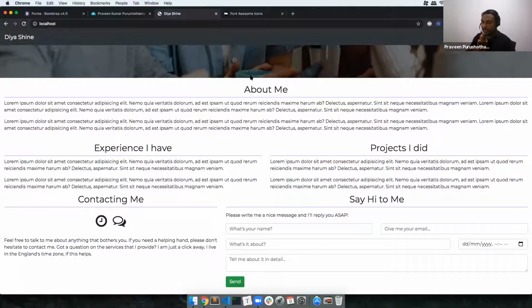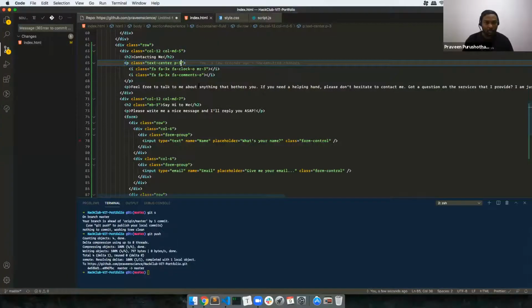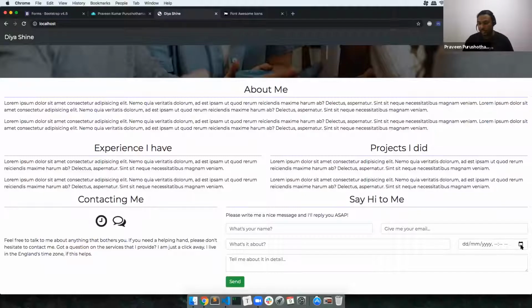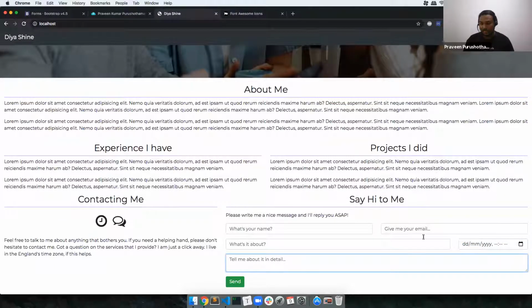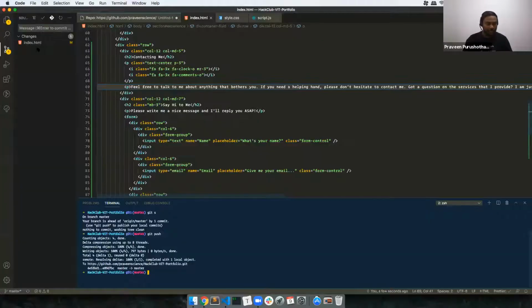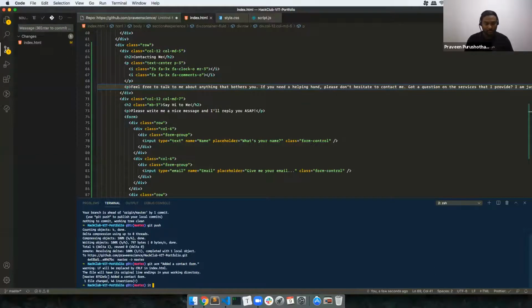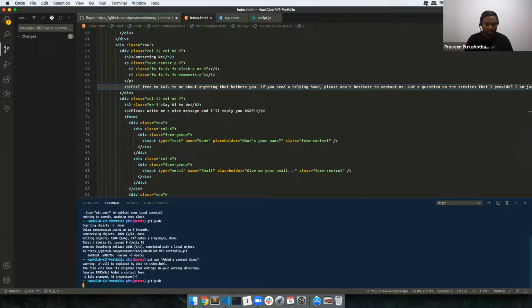Any questions? This is understandable, right? And as you expected, there is also this schedule appointment thing, and what time you want to talk. But unfortunately, it doesn't show me what time. Anyway, it is a schedule thing, so that is enough. Nice. Okay, so let me do this. Added a contact form. Good push.